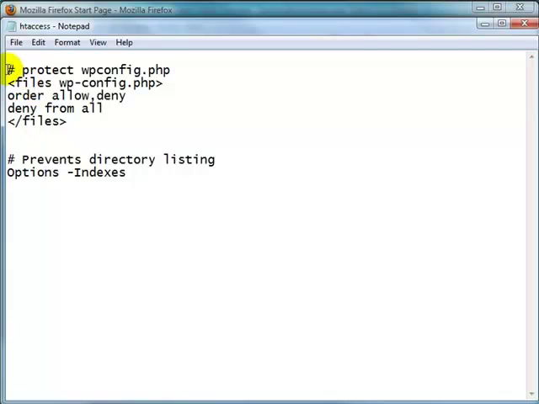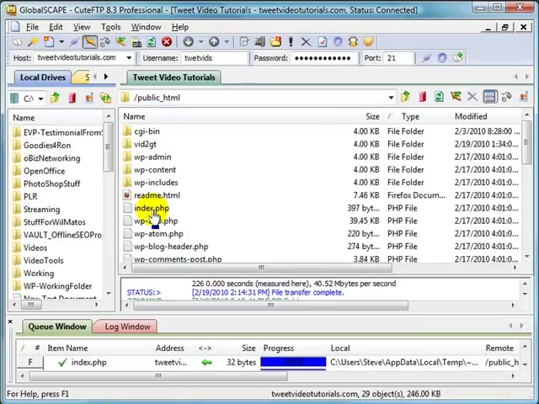This is all we need to do. The hash, pound sign, number sign, whatever you want to call it, depending upon what side of the pond you're on, then a space, then protect, space, wp-config.php. Well, I don't need to read it, you can see it. Just add this to your .htaccess, or as it is in this case, right now on our computer, it's an htaccess.txt file. Then go ahead and save it,